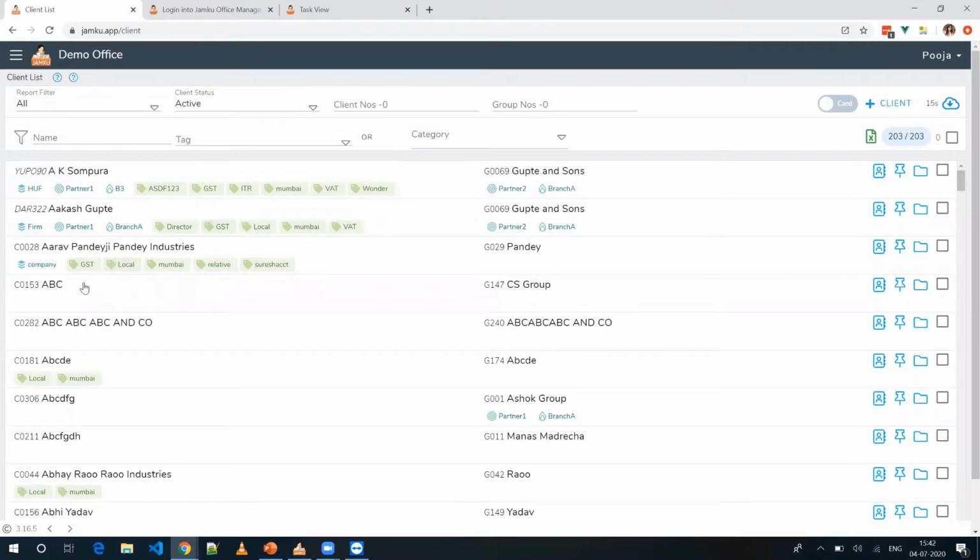So whenever you create any new client, obviously for your existing clients you have mapped the compliances. But for the new client, whichever you will be creating in the software in future, you have to do that mapping of the service with that client. How to do that? This is my client list page wherein I am seeing all my clients over here. Suppose I just choose one client from here.